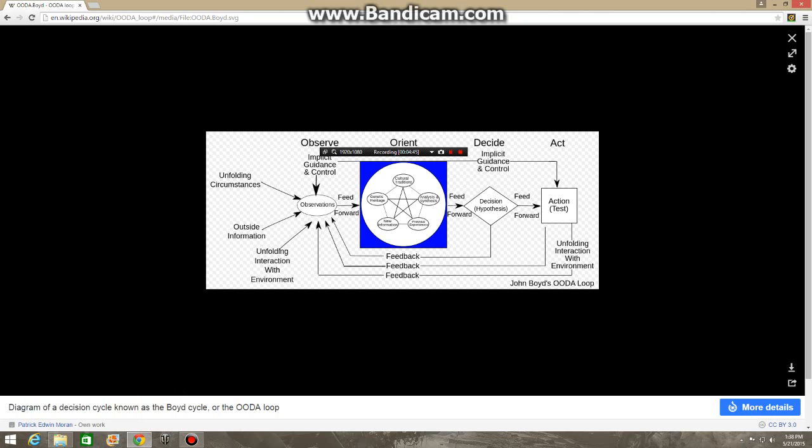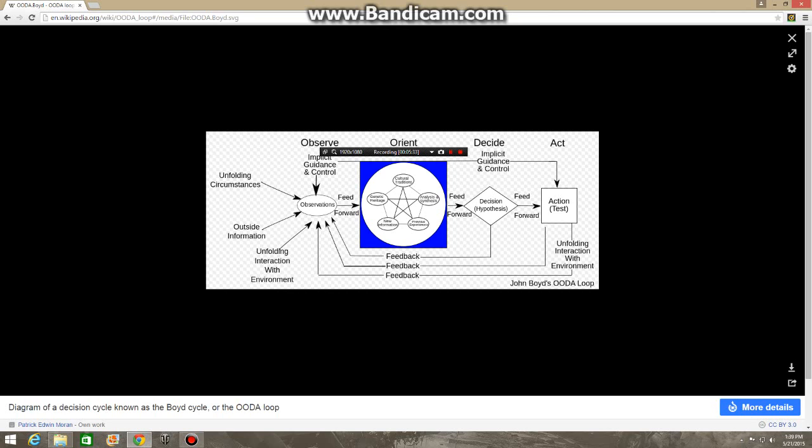Now, it may also lead you back. You may determine you don't have enough information to decide, and you kick yourself back to the observation section. Then you move on to where you act, the last part of the OODA loop. And when you act is when you're testing your hypothesis. You see that enemy tank over there, you're in a good position to fire at him, you decide to do so, and you take the shot. Maybe you hit, maybe you don't, maybe you penetrate, maybe you don't, but you took the shot. When you've created your action, you're back to the beginning. Unfolding interaction with environment can also change and bring you back to the beginning.